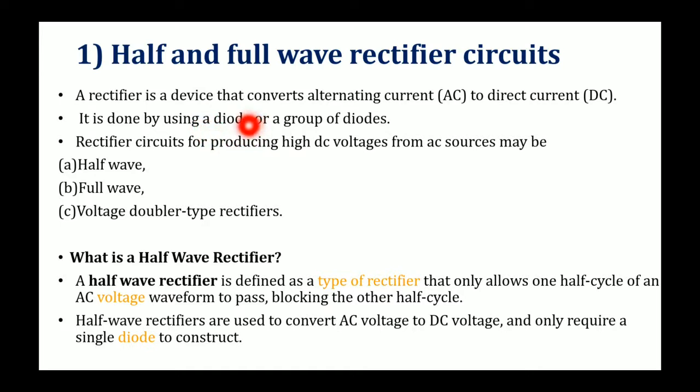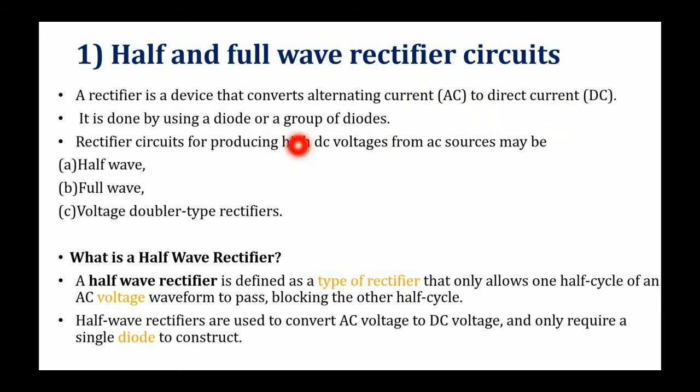What is the function of a diode? A diode allows the current to flow in only one direction. That is our basic requirement, right? So which voltage are we generating? DC voltage, direct current voltage, because the flow of the electrical charges will be in one direction. That is why, using diodes, the rectifier converts the alternating current into the direct current.